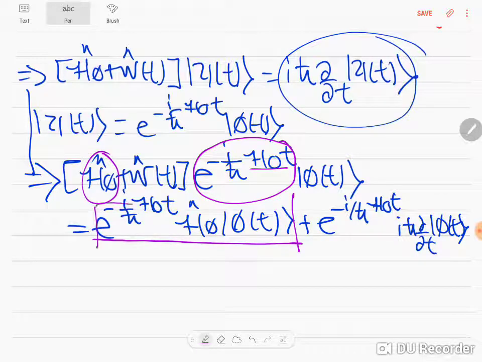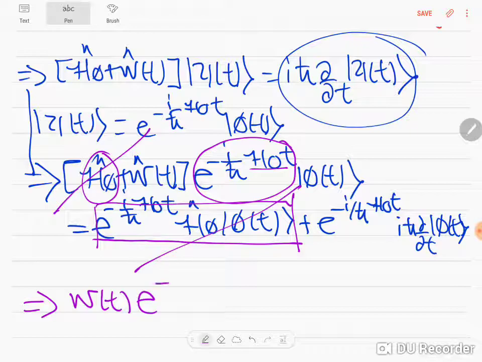So this term goes and this term goes, and we are just left with W(t) times e^(-i/ħ H0 t) acting on |φ(t)⟩ is equal to